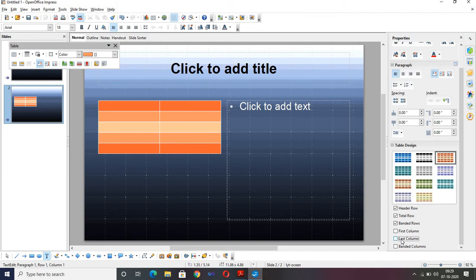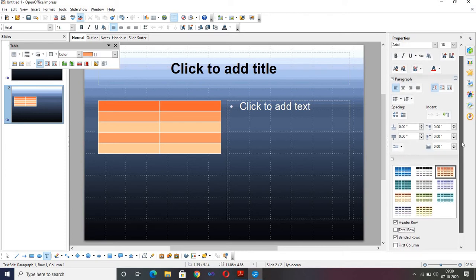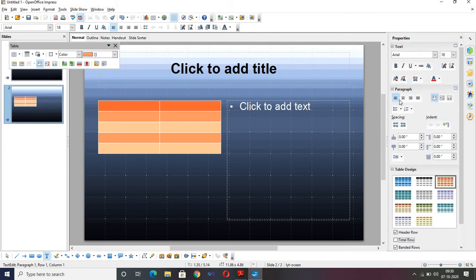You can see the changes. Okay, now after this is the paragraph writing, where you want to locate your text. If you want it to be left aligned or right aligned or center aligned or justified, you can use the text from here. Suppose I have written